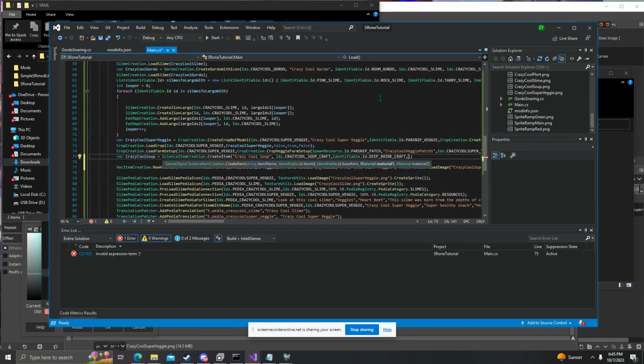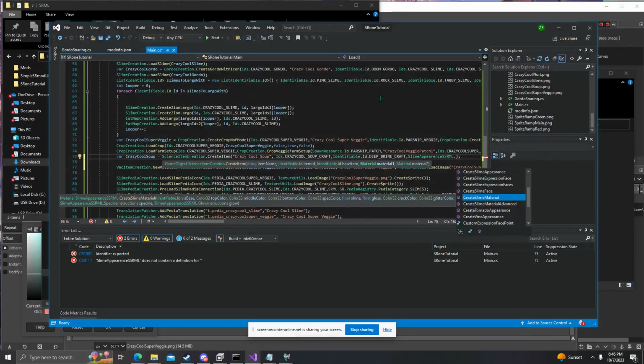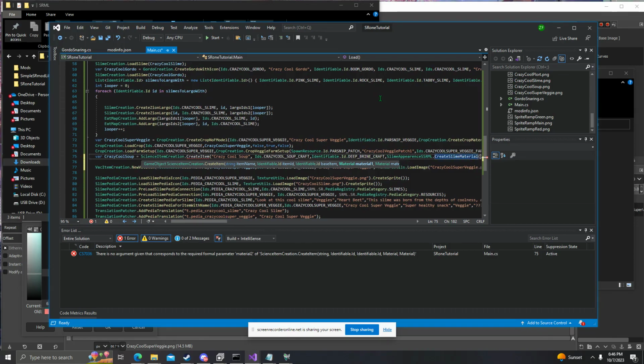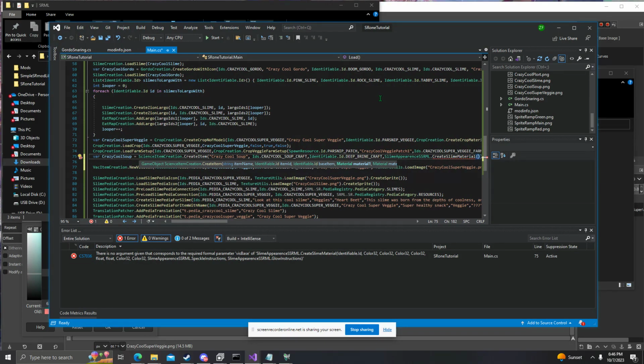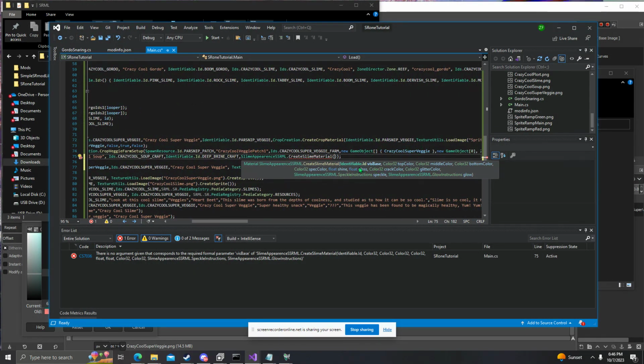Fairly easy to use. Now we're going to need materials. So to do this, we're going to use slime appearance dot ssl and create slime material. This is going to have a lot of complicated stuff, so I'm going to get through it. This is the base of the material, similar to slime base, visual base 2 from the other function. So what we're going to do is we're going to get,